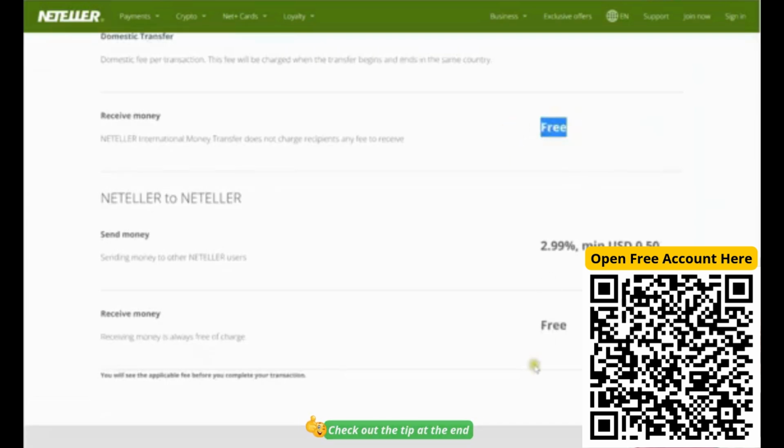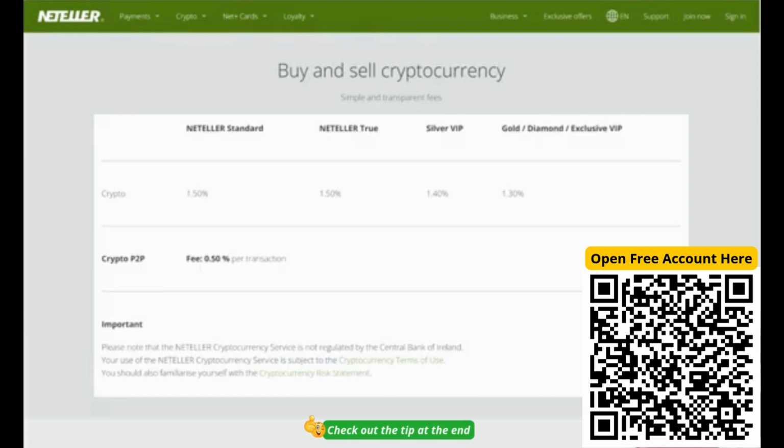Receiving money is free, and also receiving money from another Neteller account is free. But if you want to send money to another Neteller account, you're going to pay 3% or a minimum of 50 cents. If you want to buy and sell cryptocurrencies, you also have the possibility to do so inside Neteller,